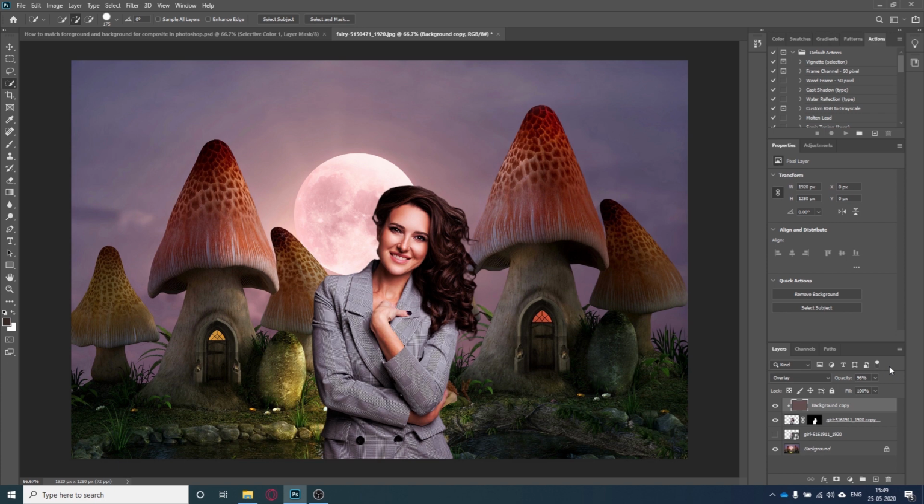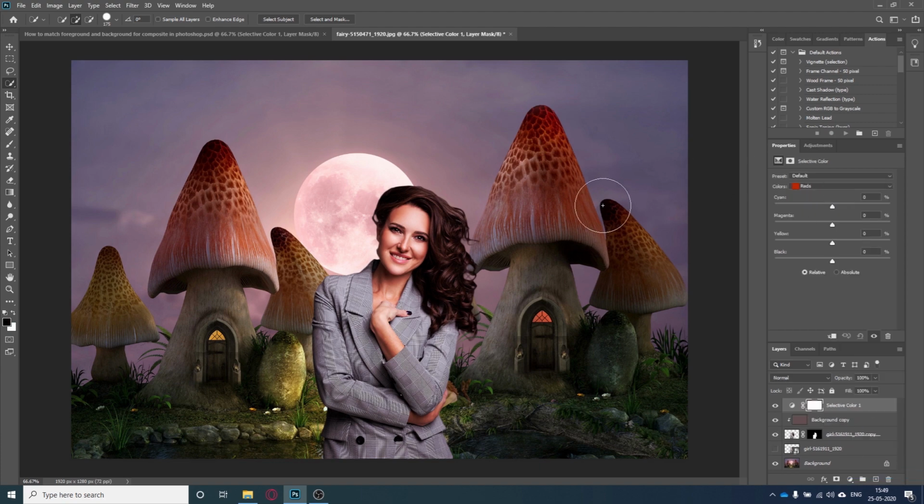Now at this time we can color correct the image and create a new mood from this image. So for that I will go to the adjustment layer. Here I can select Selective Color. As you can notice we have the red colors here. So I will tackle the red colors. I can increase the cyans in the reds, but this will not work, so I will reduce the cyan.